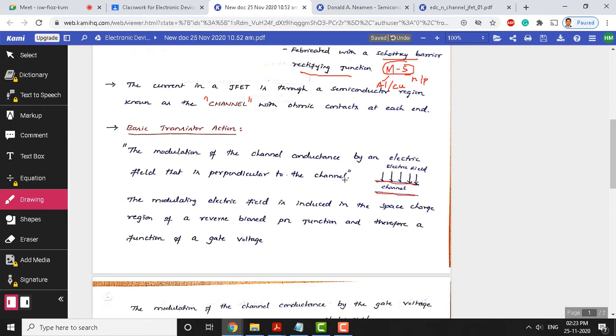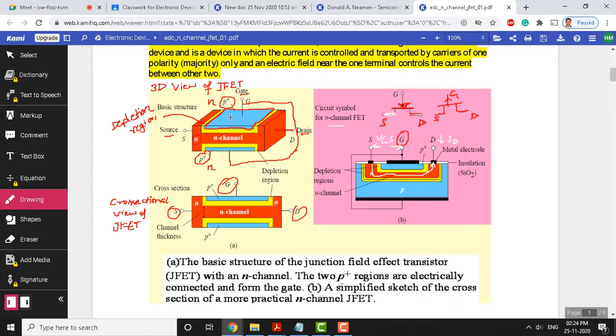When we apply an electric field by applying a gate source voltage, as we have shown previously, look at this diagram which I have shown here. We are applying the voltage between the gate and source. This creates an electric field in this direction, from top to bottom. This electric field will influence the current flow or charge carrier flow within this channel region. This is the channel, the red colored region you see. You can visualize it more clearly in this cross sectional view.